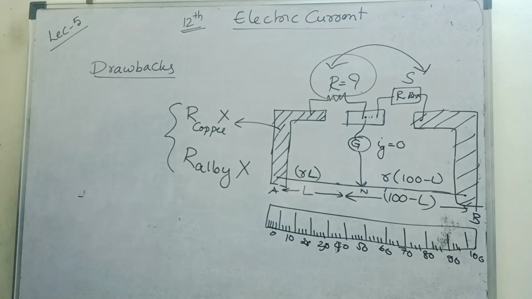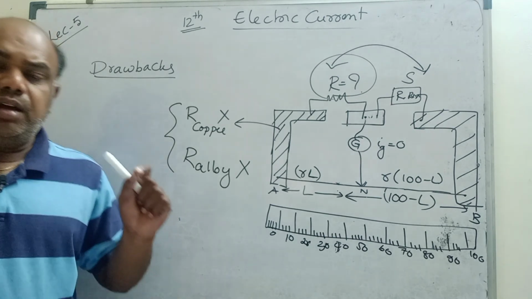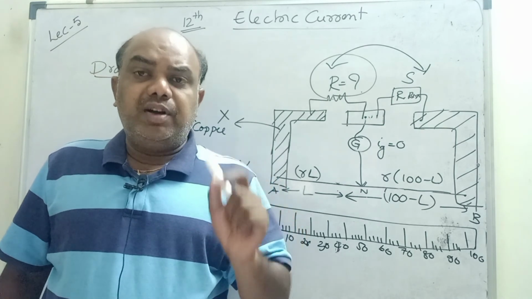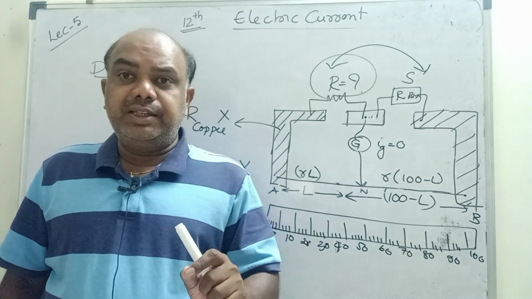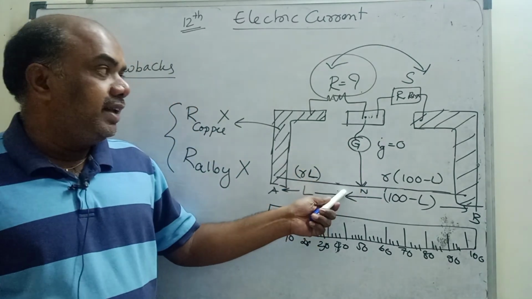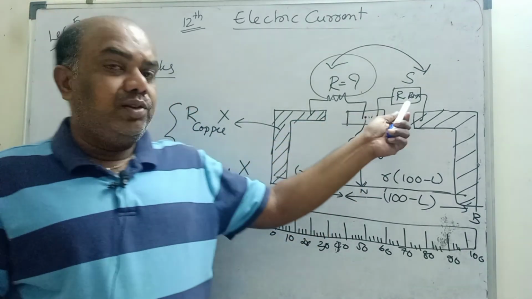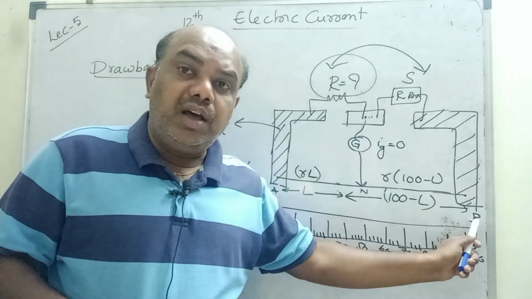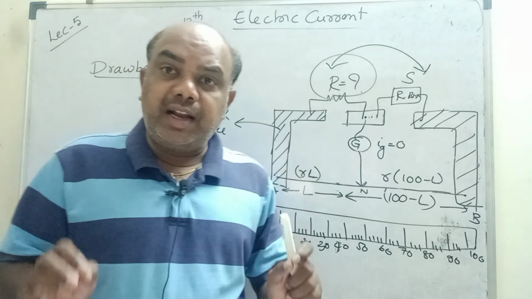Understand, children? Meter bridge is very important. It is a simplified form of the Wheatstone bridge. It works on the principle of a balanced Wheatstone bridge. We take a 1 meter length wire. Here is the unknown resistor, and this is the known resistor. This is the jockey. First of all, we have to find the null point.